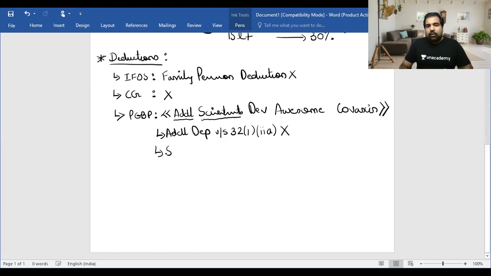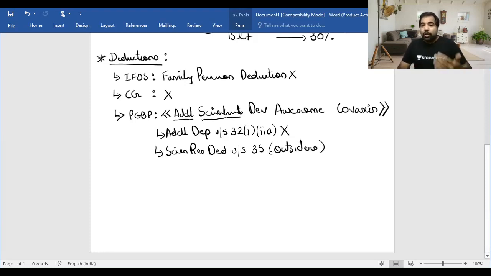Next, if you remember scientific research, if you remember my story, the surgeon used to give checks for scientific research to colleges, to universities, to IITs, etc. So in-house scientific research you will still get, but scientific research deduction under section 35, only the outsiders part, you will not get. Outsiders means when you would donate to approved national scientific associations or to companies whose main object was scientific research, or to USIN, if you remember the example. So those outsiders you will not get. In-house you will still get. So, additional scientist.